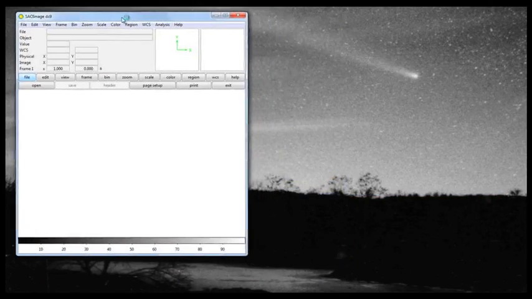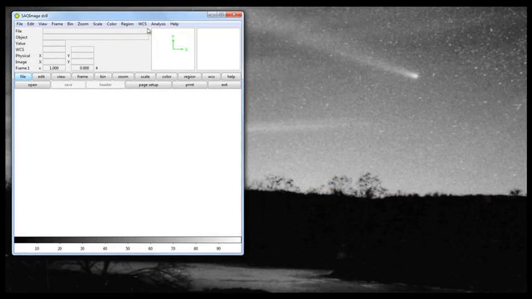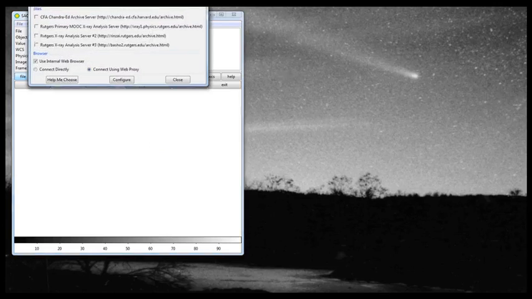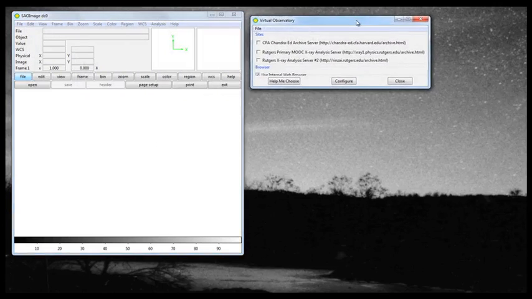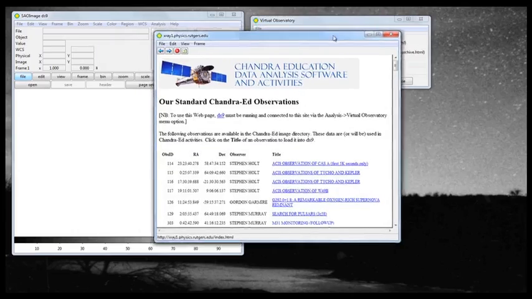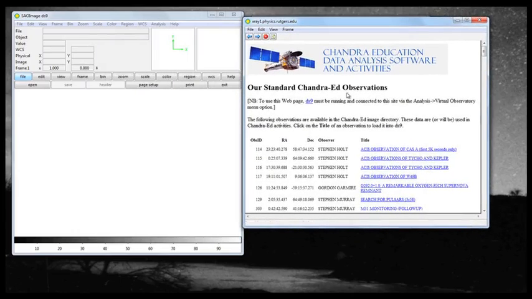The first thing we want to do is generate an energy spectrum of the entire remnant. We have seen this before. We open DS9, go to Analysis, go to Virtual Observatory, connect to the Rutgers primary MOOC, select ACES observation of CAS A, OBS ID 114,